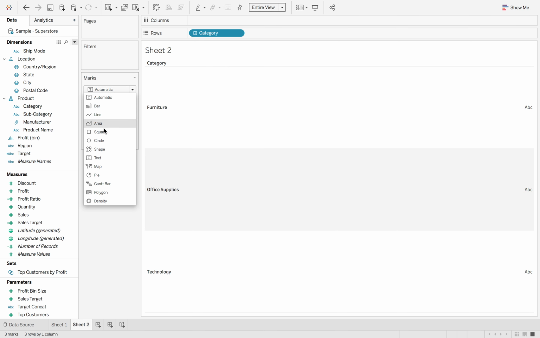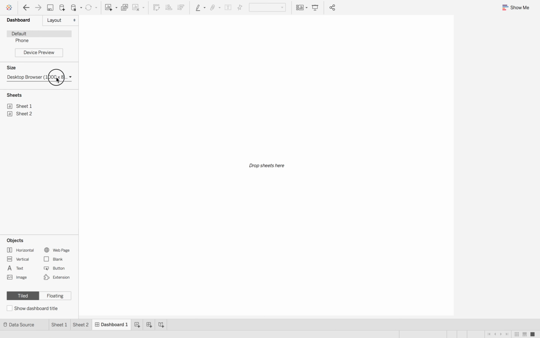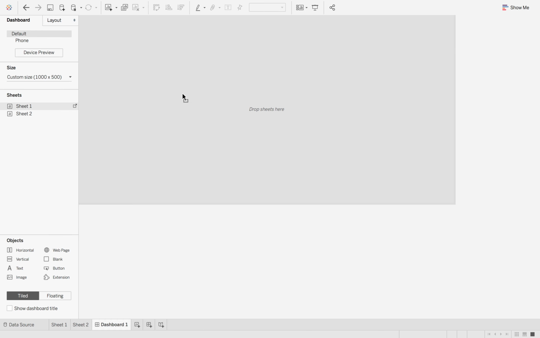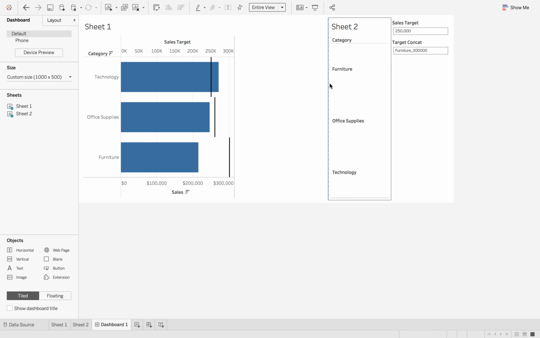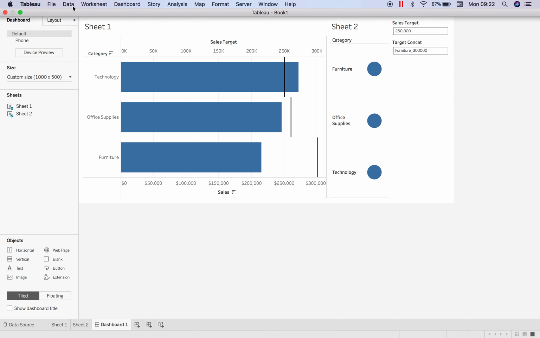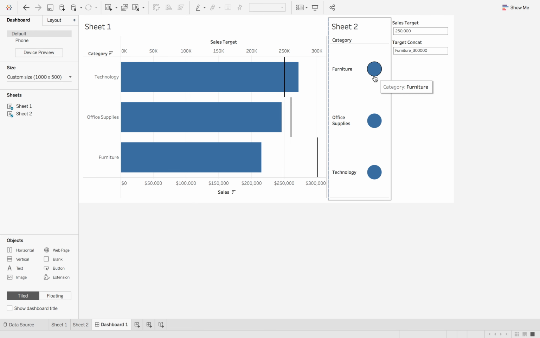So just going to make these into circles, and then we're going to create the dashboard. So it was 1,000 by 500. Then we're going to have sheet 1 and sheet 2. So as you can see, these are your categories up here, and then we've got our dashboard actions. So what we're going to do is, I need to create a calculated field which adds on the selection